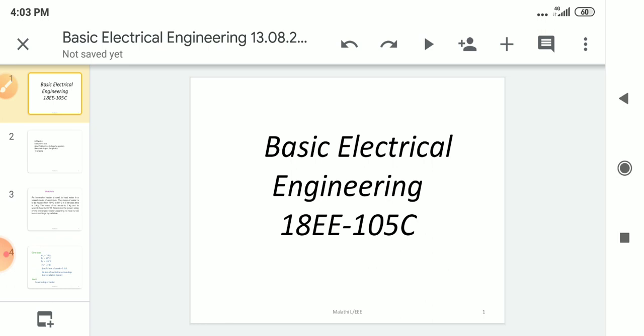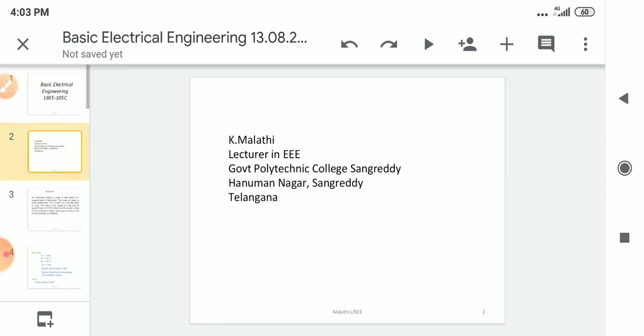In our previous video lessons we have learned about the work, power and energy and heating effects of electric current and related applications, Joule's law, thermal efficiency and specific heat. On that theory part, in this video we are going to solve some numerical example problems on the topic of thermal and electric energy.